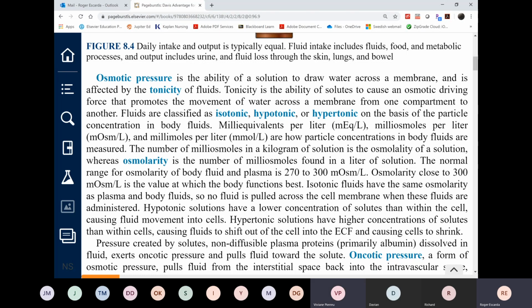Once your blood pressure reaches 90 or above, then we consider the patient out of danger at least, and now we can concentrate on correcting the mechanism of fluid loss. Deciding that will depend on the cause of the fluid loss for the patient. Based on that, we will decide whether we use hypotonic or hypertonic solutions. So going back to our illustration earlier,